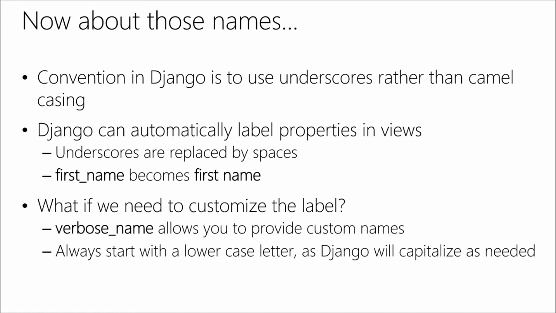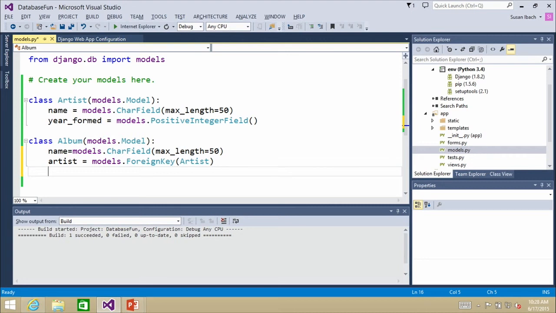It is deliberate. If you want to customize the label, you don't want the name of your property necessarily to be the same as the label that appears on auto-generated forms. You can actually specify a parameter, just like we could specify size and whether it's nullable, there's a parameter called verbose_name, which allows you to give it custom names. So I can go back to my code here, and what I'll just do is I'm just going to add